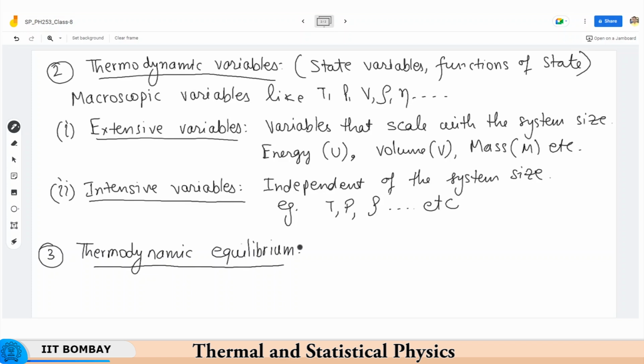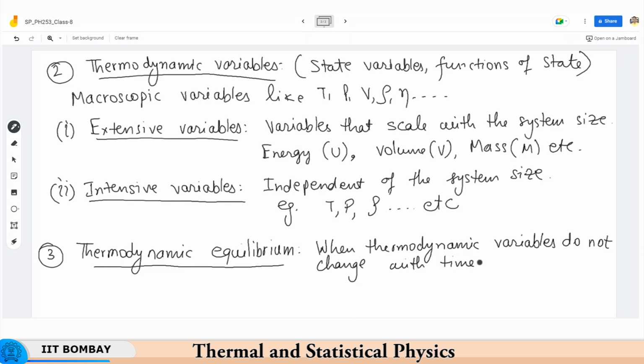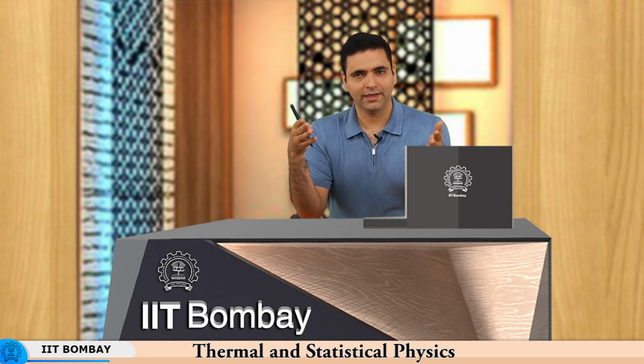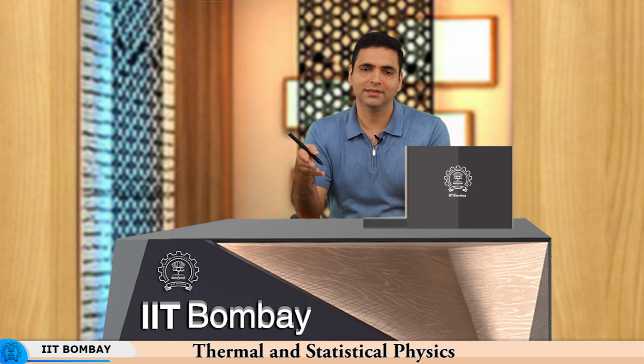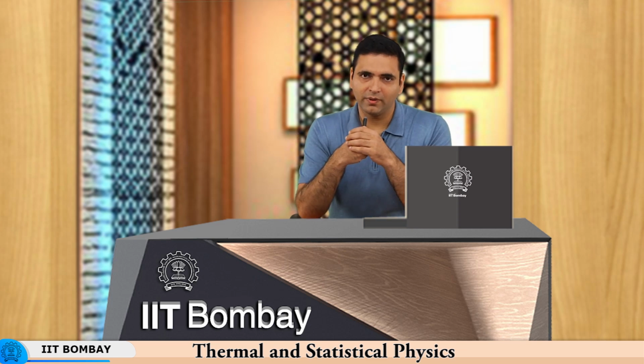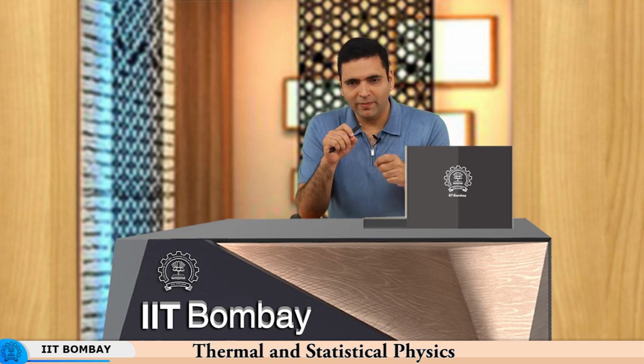So a system is said to be in thermodynamic equilibrium when its thermodynamic variables do not change with time. It's like saying if I give you a container of gas and you observe it over some time, and the pressure and temperature of that container do not change, you can say that this container is in thermodynamic equilibrium. But we should always keep in mind that at the microscopic scale the